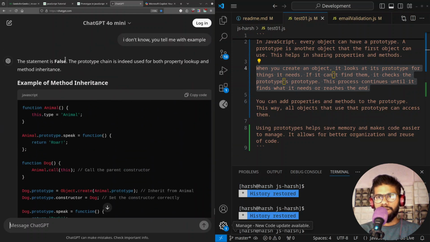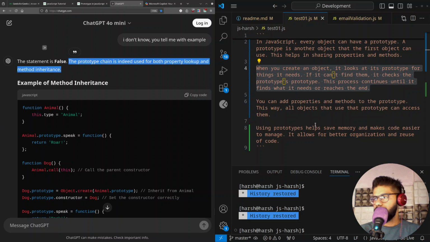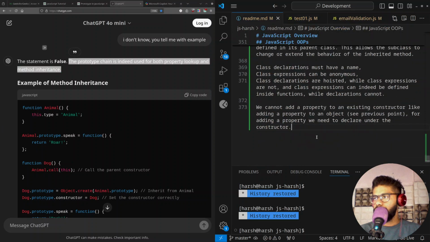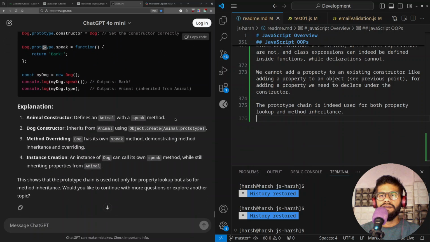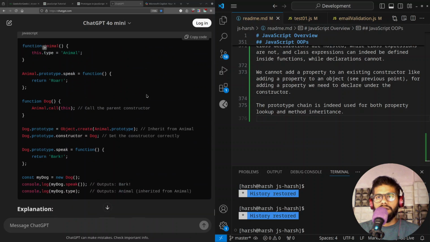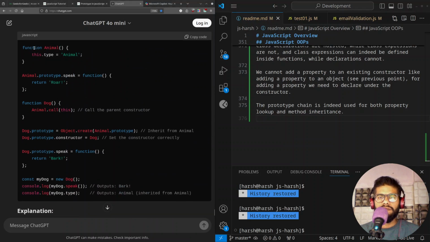First, after copying this, we will understand this code, because this needs to be understood once and for all. So starting from the method inheritance. What we are doing here is first defining a function Animal. We have this dot type, so we have the type of animal as animal. Then we define its prototype, Animal dot prototype dot speak equal to a function which returns roar by default. And here we are creating a new function called Dog,